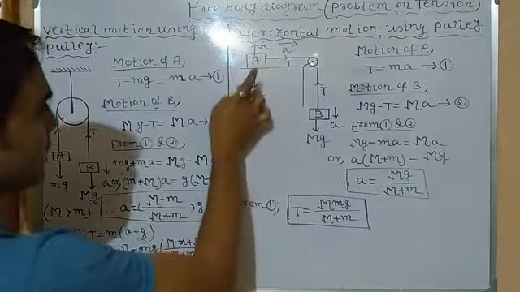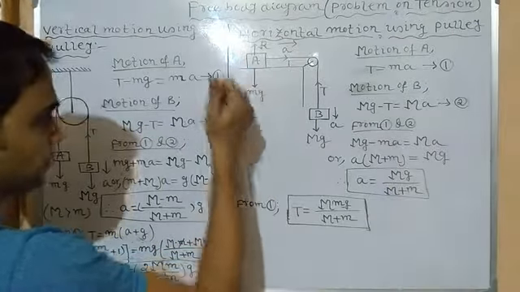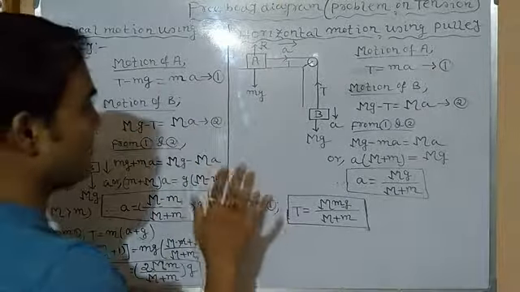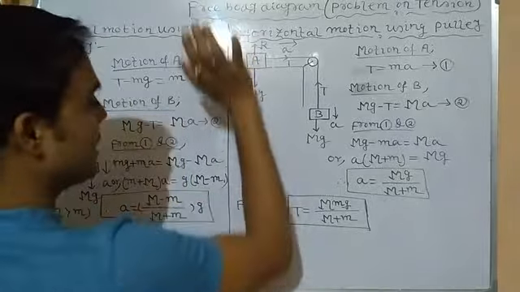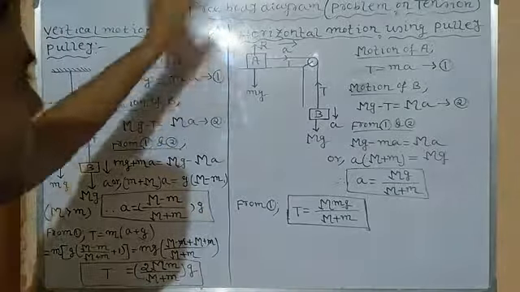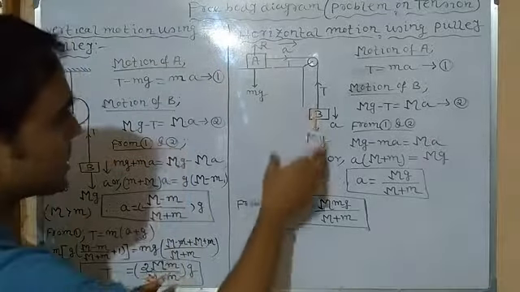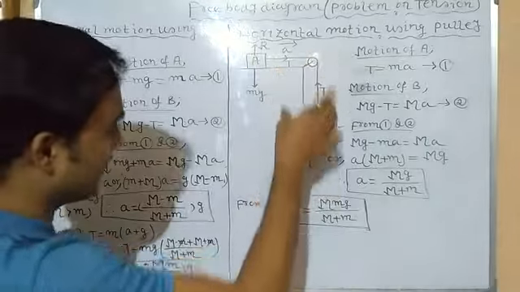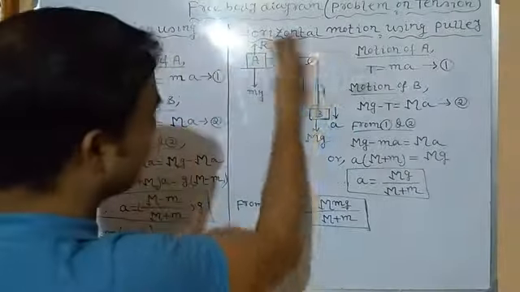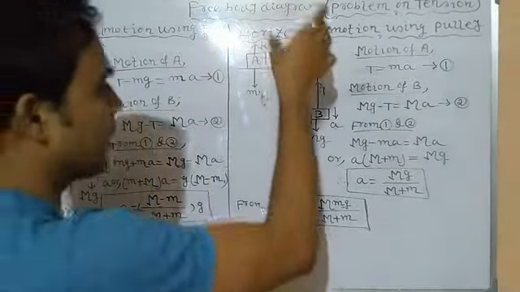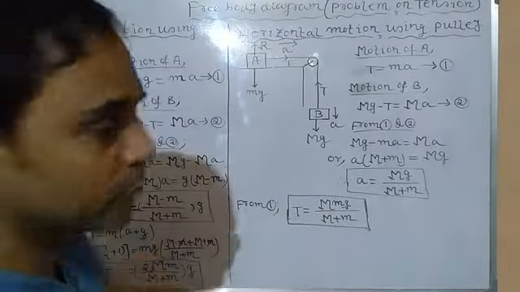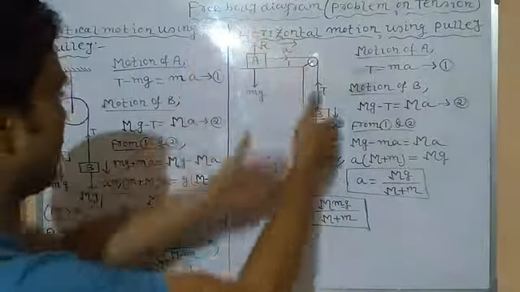Now the mass of body A is small m. Since its weight acts in the downward direction, it is at rest, and its reaction force acts in the upward direction. Since the two forces are equal and opposite, they cancel each other. But since B is moving, due to the weight of B it is pulling the body in the horizontal direction, so an acceleration is created, and with the same acceleration with which B moves downward, A will move in the horizontal direction,